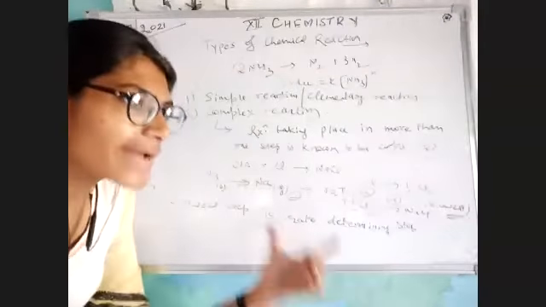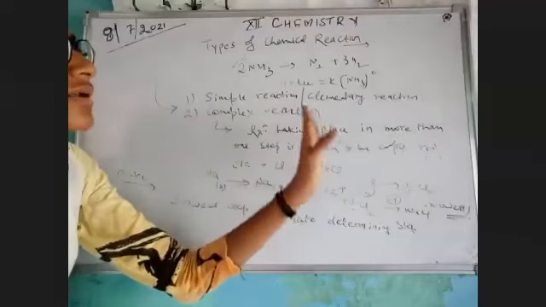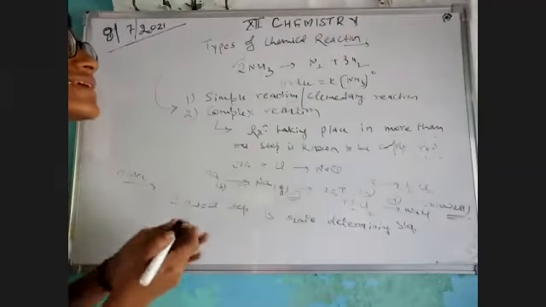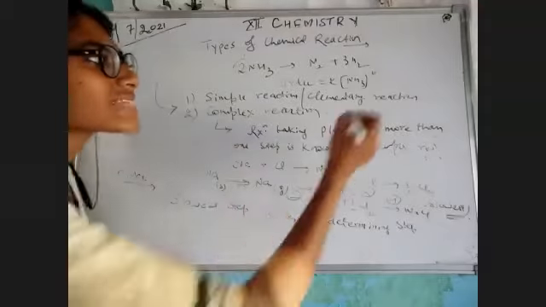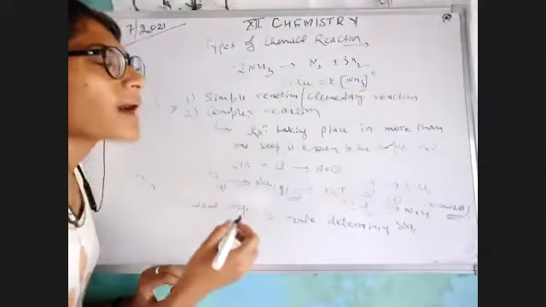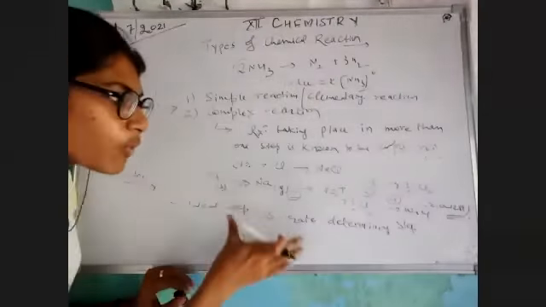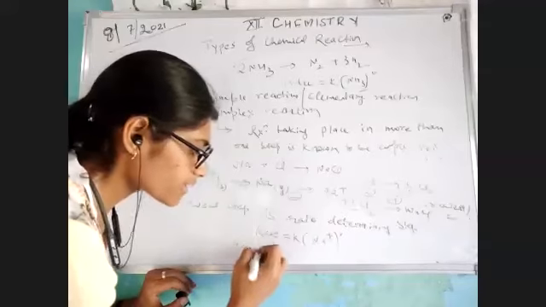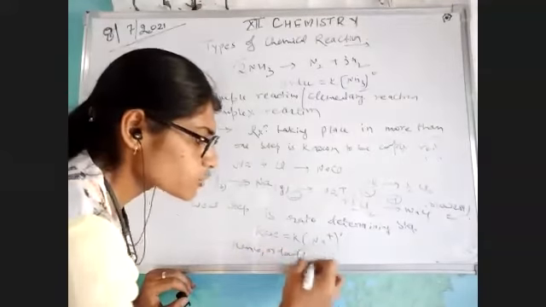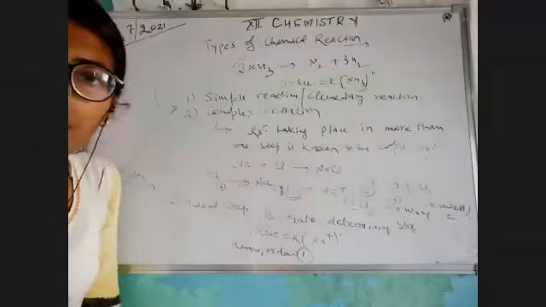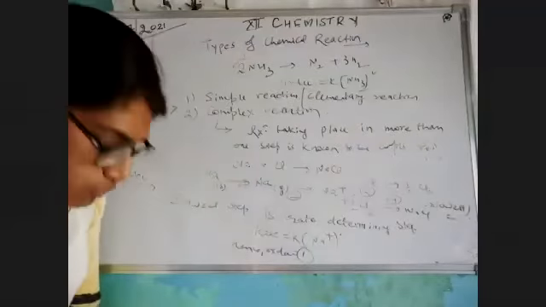If I am given a simple reaction and its rate of reaction, we can easily determine our order by just adding the exponents or the powers of the concentration. But if we have been given more than 4 to 5 steps and it is written in a bracket, this is my slowest step, then I would calculate its order. Suppose it is given as 1, hence order is 1 because this is the slowest step. Clear, bachche? This was all I wanted to tell you about the topic.